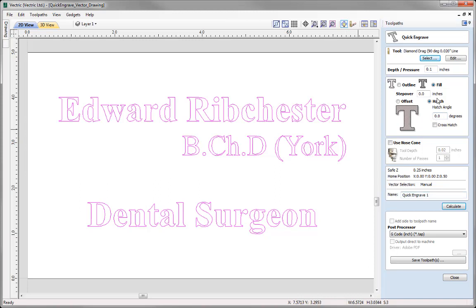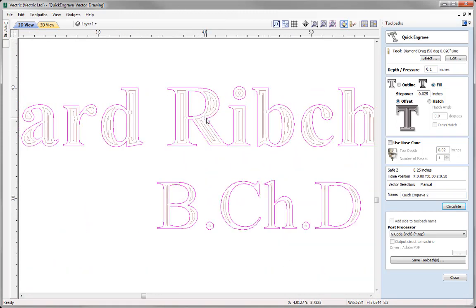And so the handy thing that we have here for the fill strategy is the option to specify a step over of the lines that are going to be used to fill the text. For example, let's just go with an offset strategy here, and we're going to put in a step over of 0.025 in there, and then if we just go ahead and calculate that, and if we just zoom in on the text there, you'll see that it's going to fill as much as it can an offset strategy with a